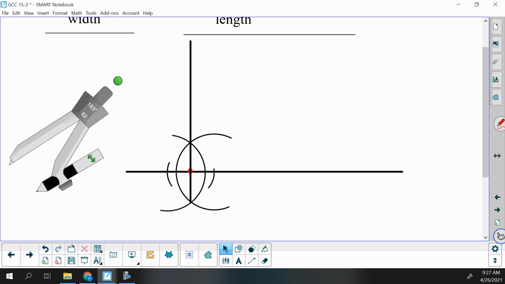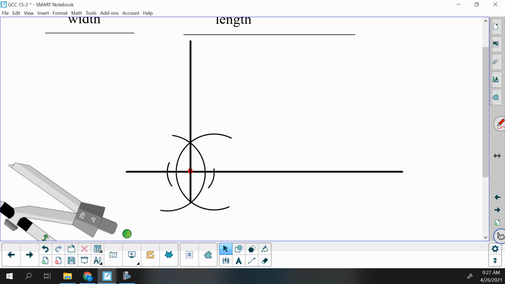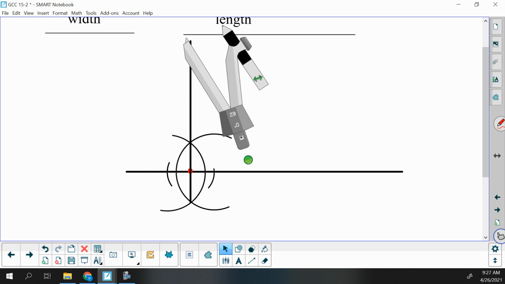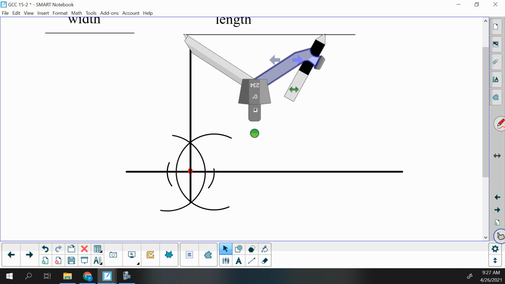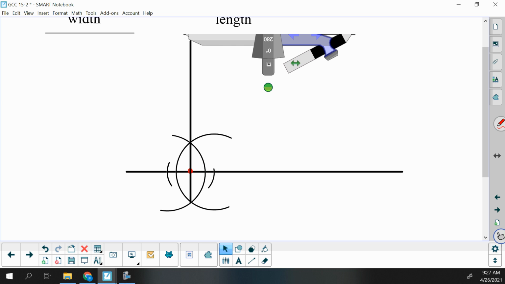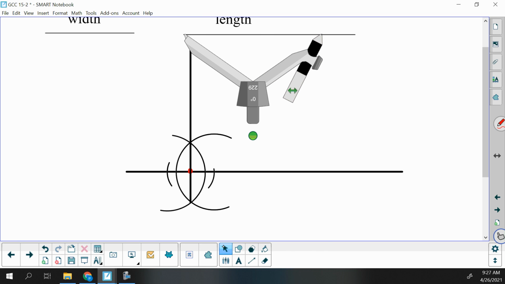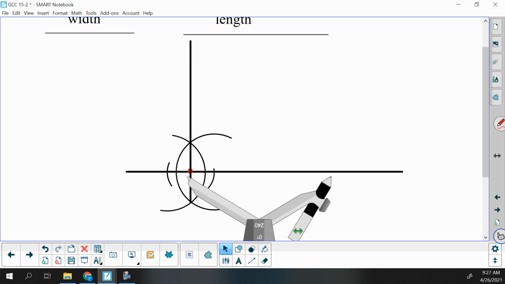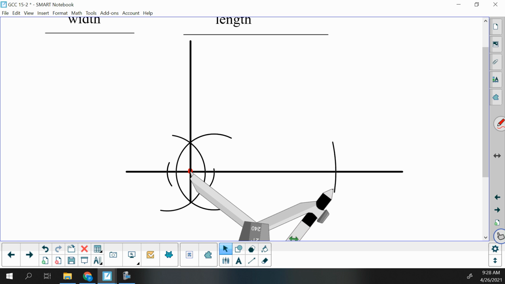So along our line segment, we're going to mark off how long our length is. And it looks like I'm not quite going to be able to do it. So your compass, you should be able to open up. I'm just going to adjust mine slightly so you can get the idea. So now that I've got my compass open to that amount, I put my point here and make an arc. So that's going to give us a second vertice